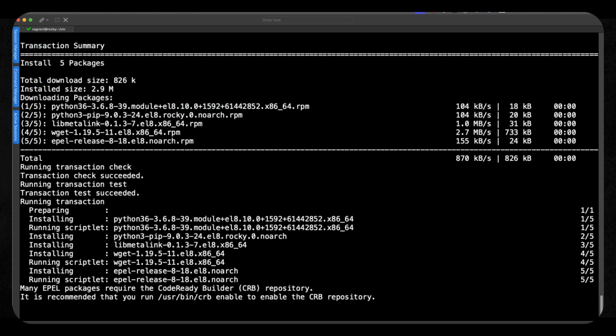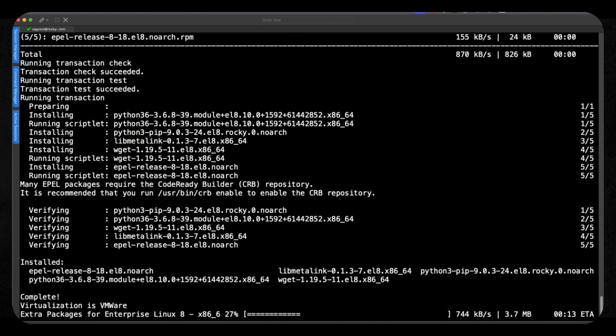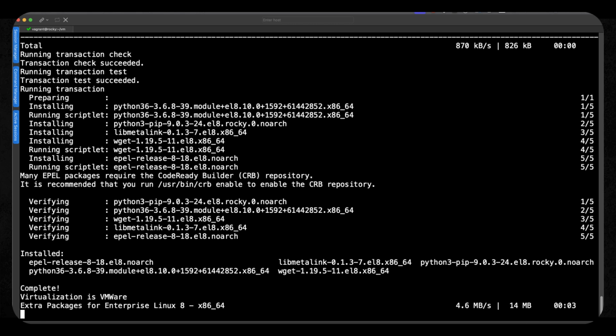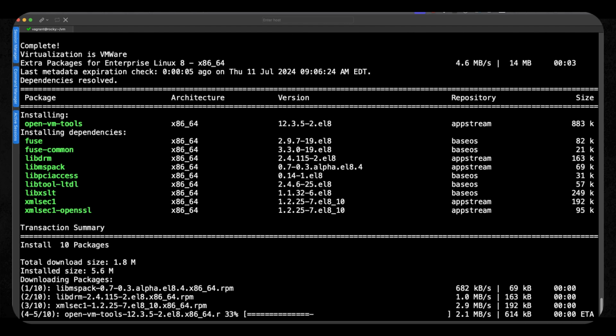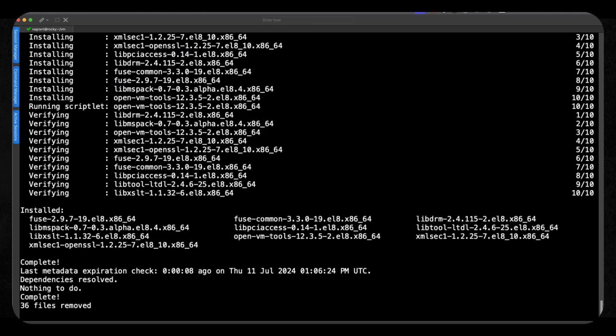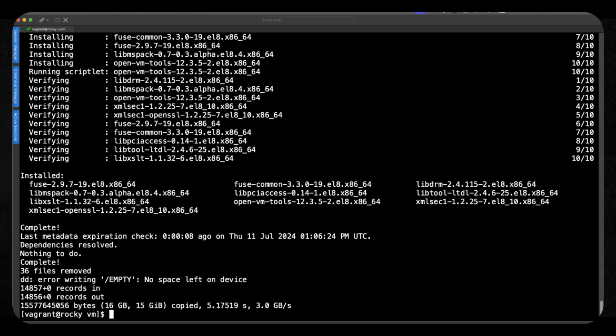And we can see then all of the steps running through. Now we can see when we take a look at this that it's picked up that my virtualization is VMware. It's installing the Open VM tools, and we're enabling the service.